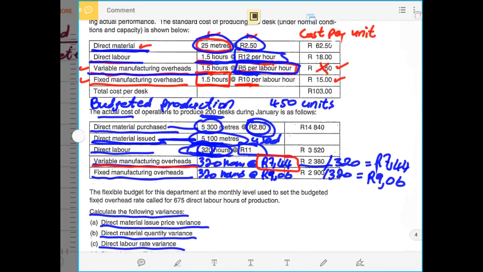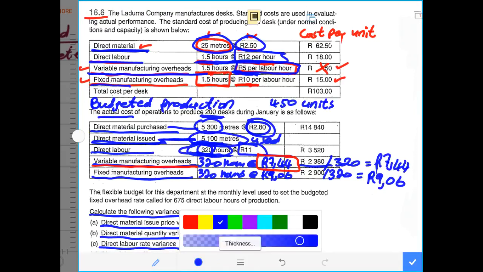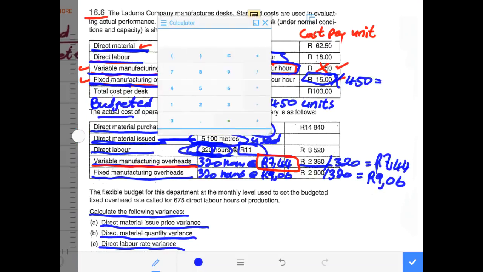So now we had our fixed overhead, as we can calculate it. Under our budgeted fixed overhead, we had fixed overhead that was given to us: 1.5 hours, and 10 rand per labor hour, and the total was 15 rand per unit. So now you can say 15 rand times the number of units that were budgeted, because we budgeted to produce 450 units. So we multiply 450 units by 15 rand, the budgeted fixed overhead per unit, and that will be